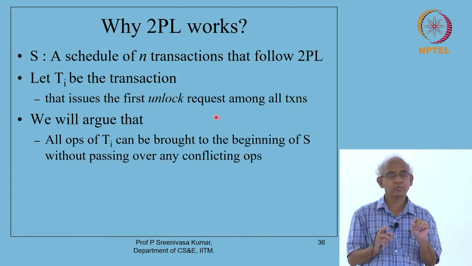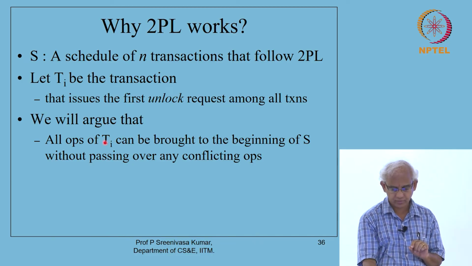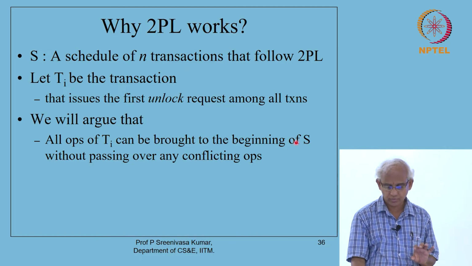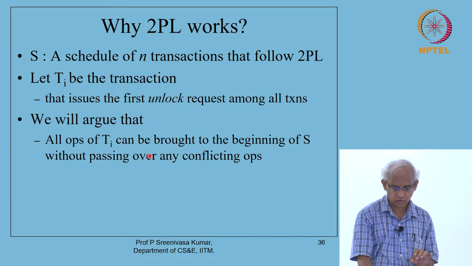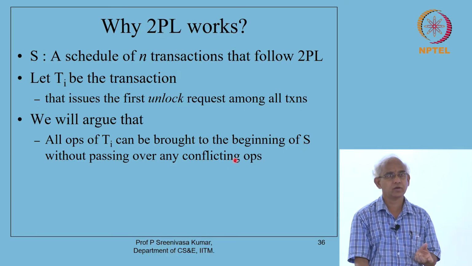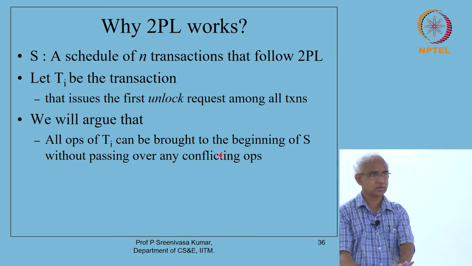When can you swap? As long as it does not conflict with the preceding operation, I can swap it, right. So the operations of Ti can be brought to the beginning of S without passing over any conflicting operation. Suppose we are able to show this,